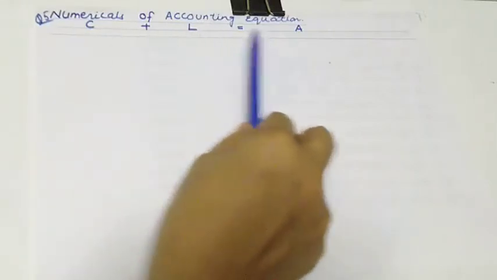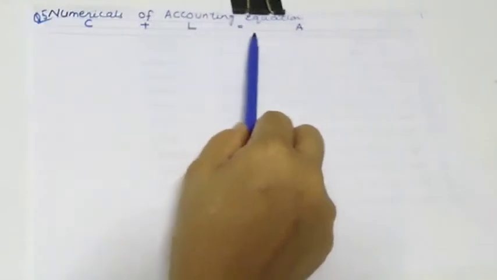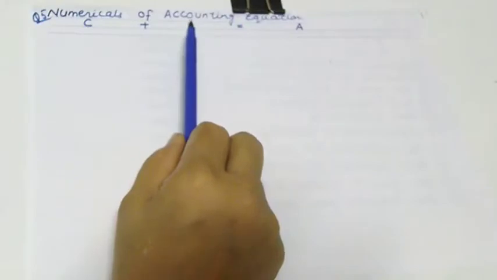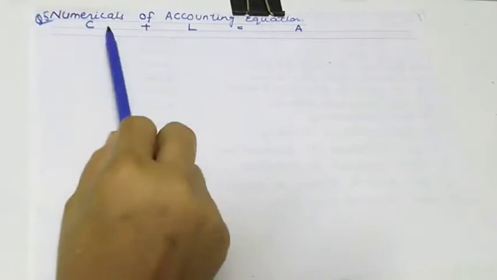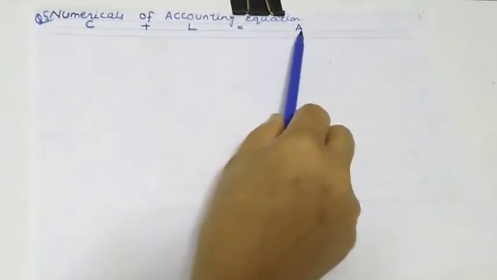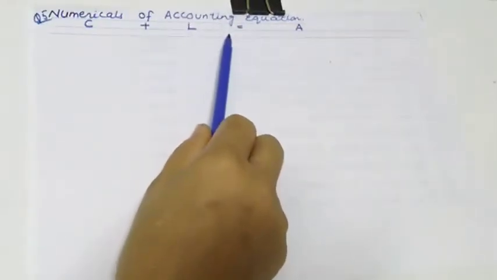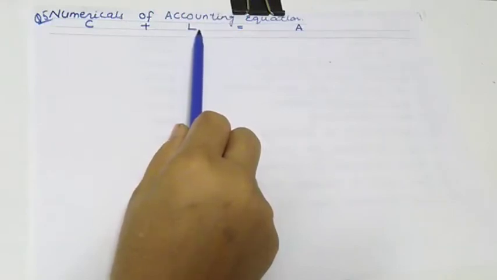I told you that you need to keep two lines, one for C plus L is equal to A and another for writing the various liabilities and assets. And it will be better if you write C plus L on the left hand side, because in various books this C plus L is given on the right hand side. It will be better if you follow this system, because later on you need to make a balance sheet, and in the balance sheet this left hand side is C plus L. Capital plus liabilities are given on the liability side of the balance sheet, left hand side.